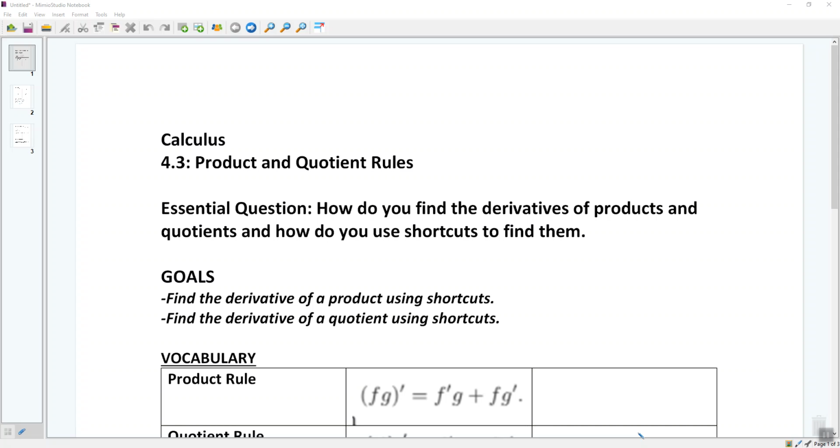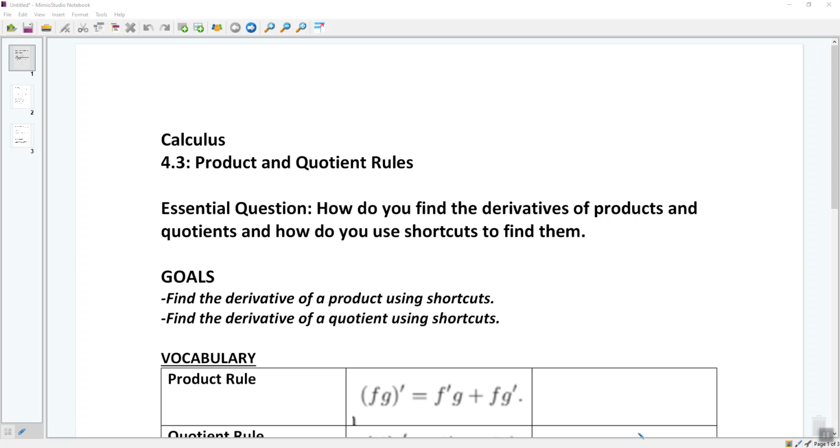All right, guys, two important rules for derivatives today are going to be product rules and quotient rules. Now, does that mean throw all your power rule and exponential rules out the window? No, because we need them to be able to be successful here. So today's question: how do you find the derivatives of both products and quotients, and how do you use shortcuts